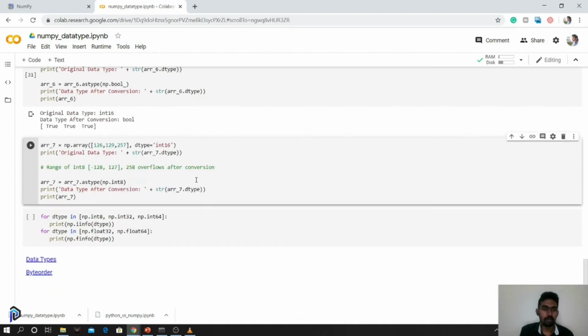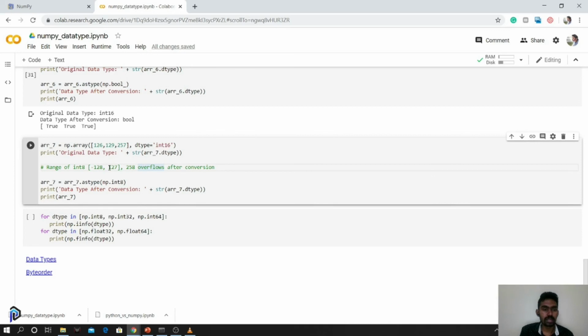In the next step, I'm converting an int16 data type to an int8. You know that int8 only has 256 possible values, so the range is from minus 128 to plus 127. Anything out of this range would not work as we expect.